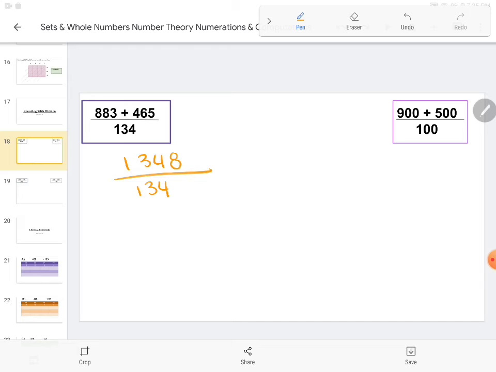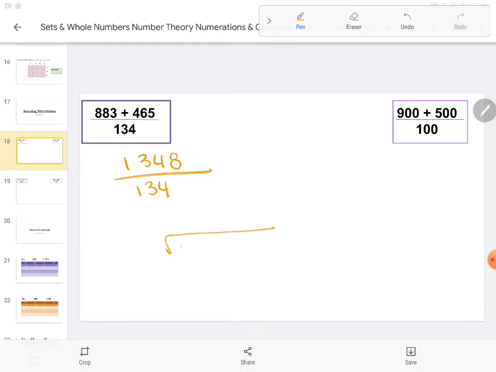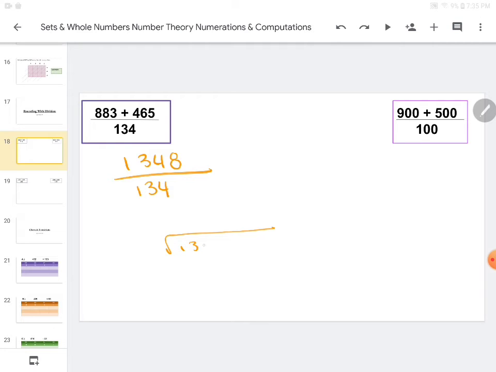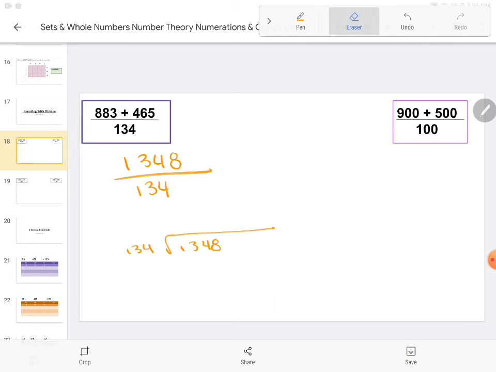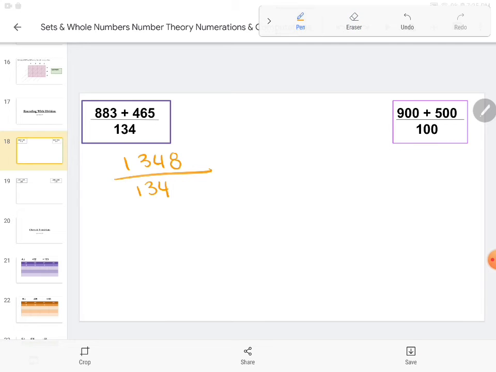You can go ahead and write this out, do your division tables like that. 1,348 by 134. I'm just going to use my calculator to save on time a little bit. So we're going to do 1,348 divided by 134. And you're going to get a very long answer. It's going to be something like